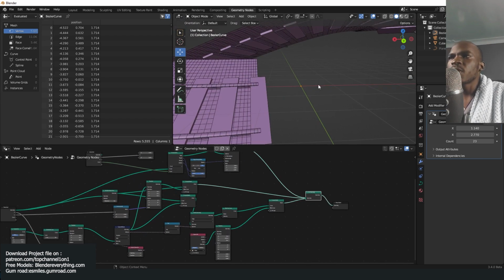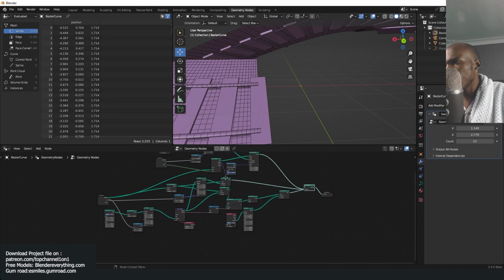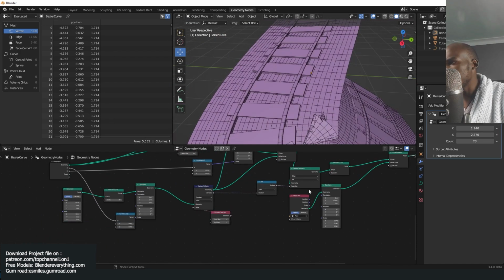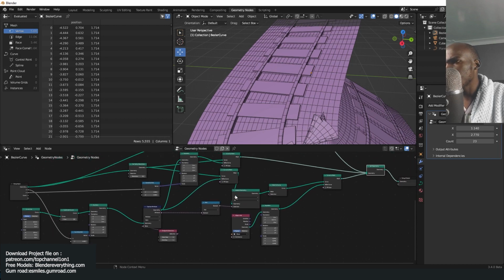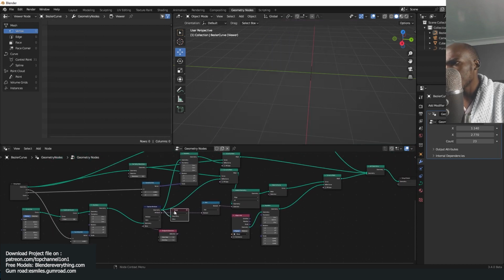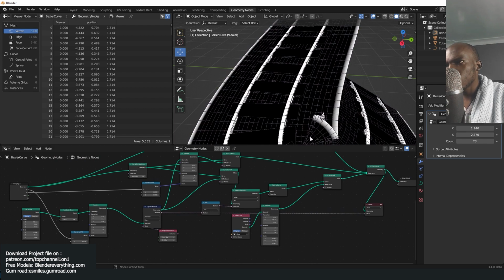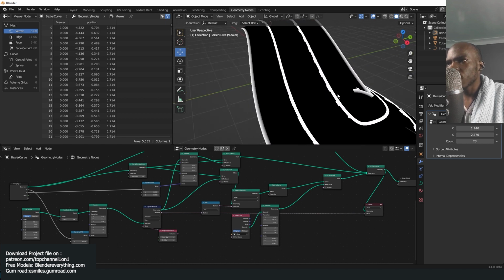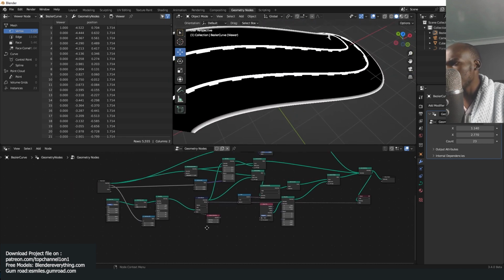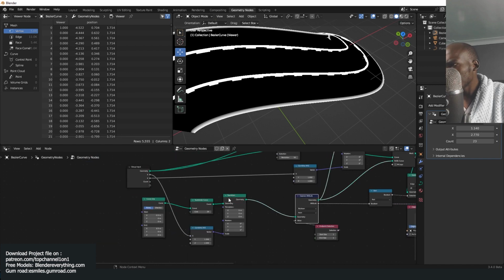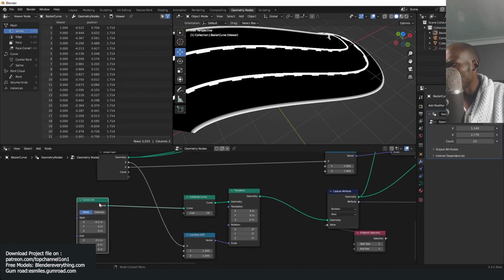and if you're using Blender 3.4, you have the option to preview your geometries directly. So I can preview this attribute, I guess. I want to preview this value. That's just giving us the selection of the rails. What I want to preview is actually, I can capture the length of, or the factor of